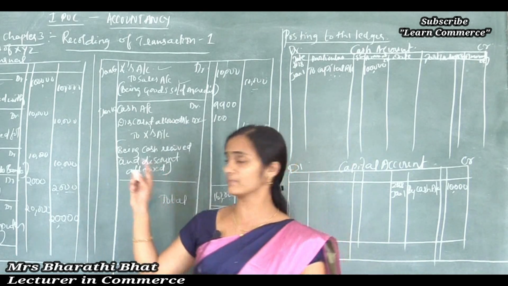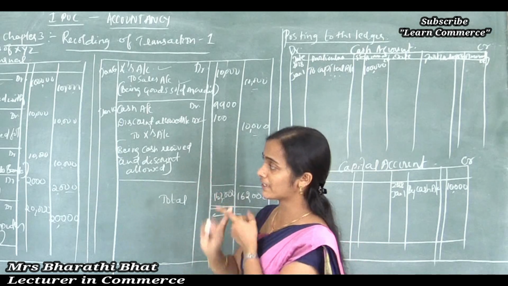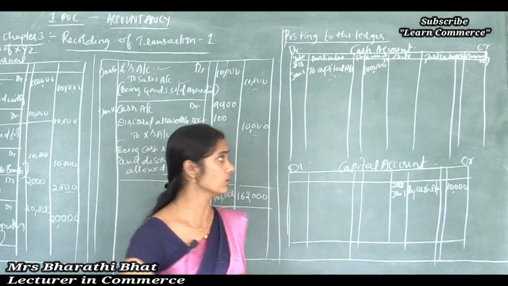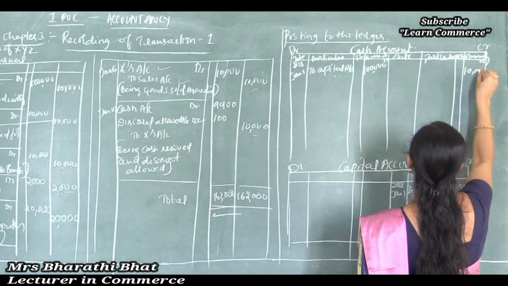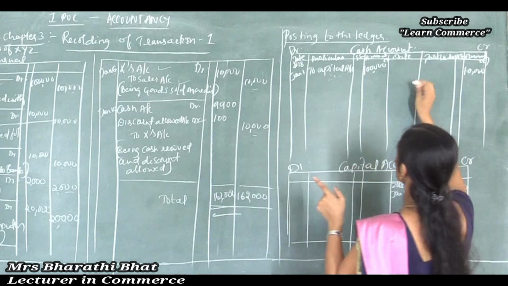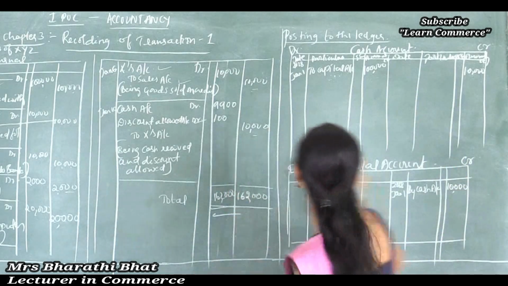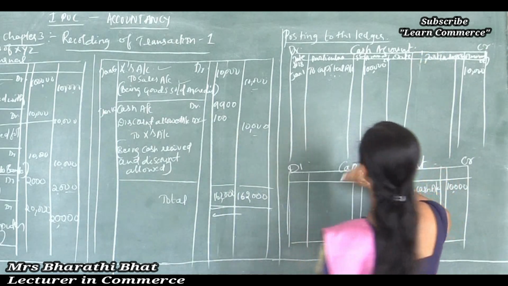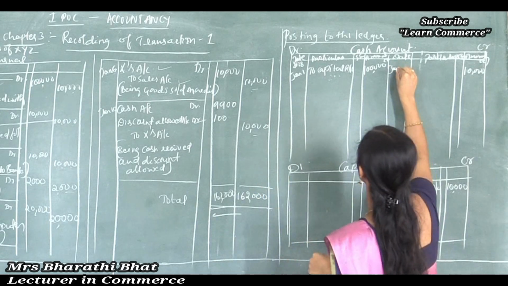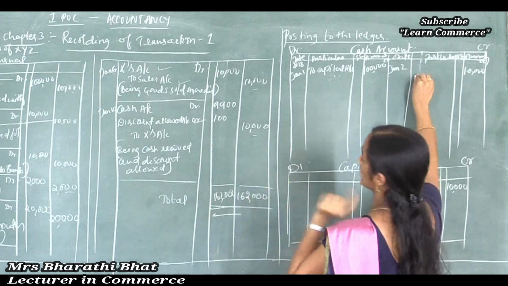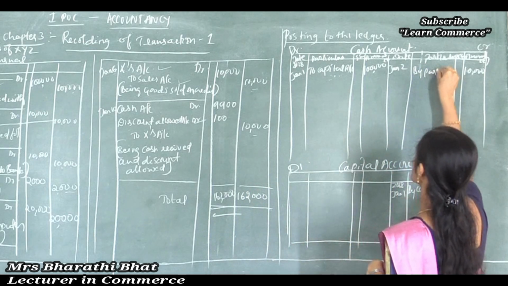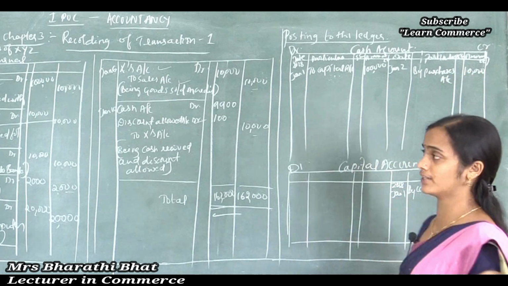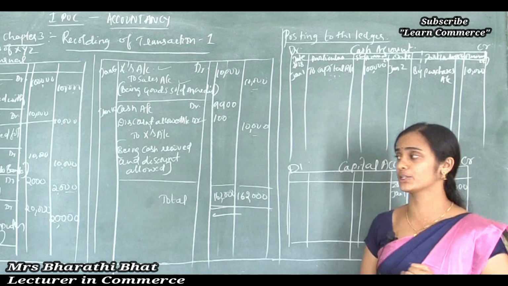Before that, first just complete the cash account. And purchase to cash. See here, cash account showing credit value. So just write 10,000 in the credit side of the cash account. And afterwards, mention the date. January 2nd, cash account is affected by purchase account. So cash account credited by purchase account, how much? 10,000. And the next one is bank account debited to cash account.